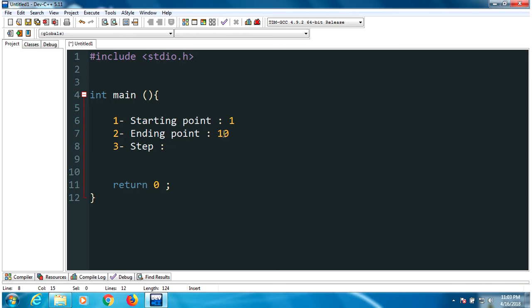By 2, you will need to jump 2 2, or 3 3, or 1 1, or 5 5. So you'll jump from 1 to 5, then from 5 to 10, because you are adding 5. Okay,